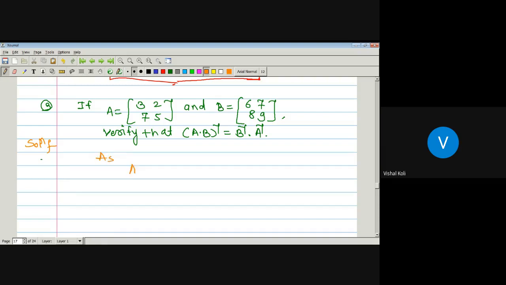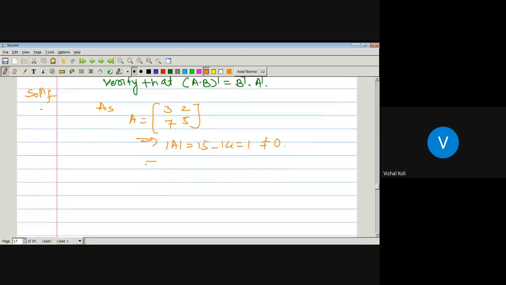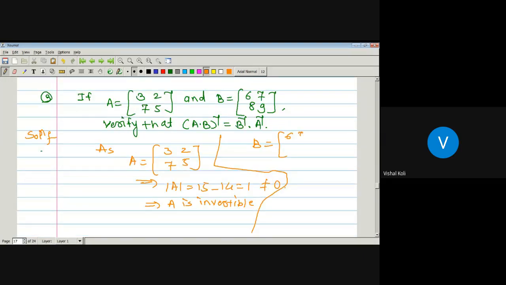A equal to [3 2; 7 5], which implies determinant of A equal to 5 into 3, 15, minus 7 into 2, 14, which is equal to 1, which is not equal to 0, which implies A is invertible. Then we can easily find out its inverse. Similarly for B also, B equal to [6 7; 8 9], which implies